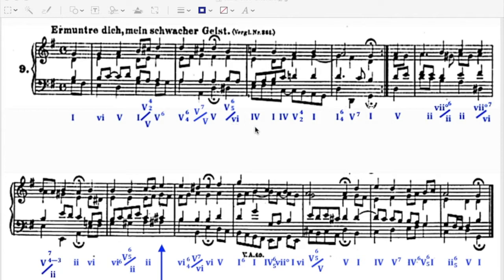We're expecting that to move to 6, but instead we get a deceptive cadence and it moves to 4 in the home key. It moves to C major. This takes advantage of the ambiguity that's set out in the second chord of the chorale, where this chord, as I mentioned just a minute ago, could be interpreted as a 6 chord or a 4 chord,